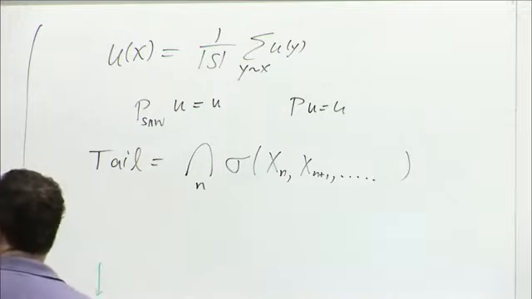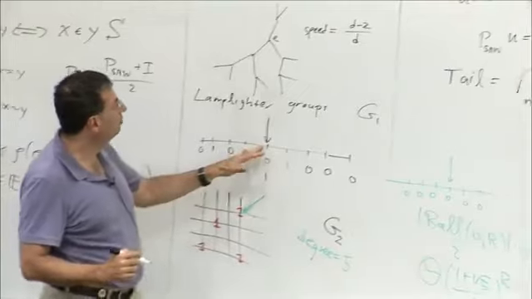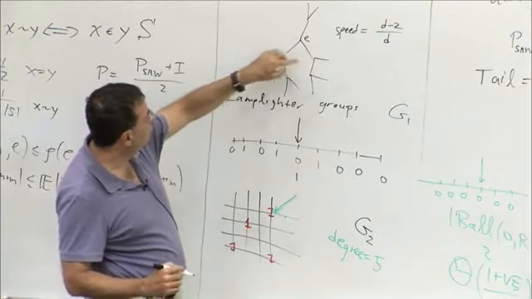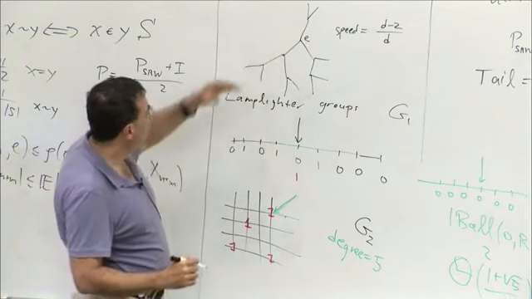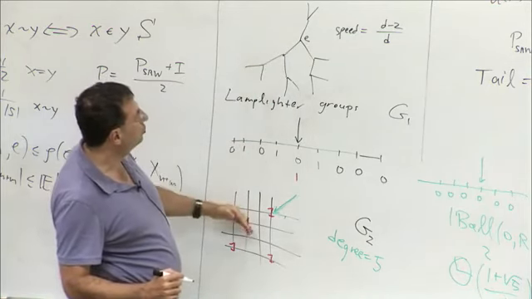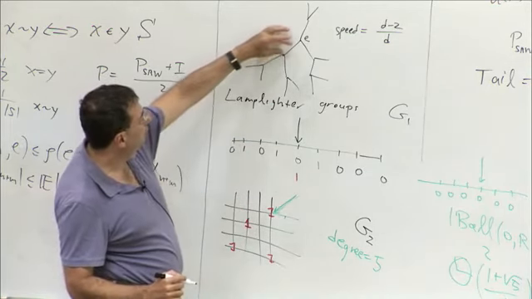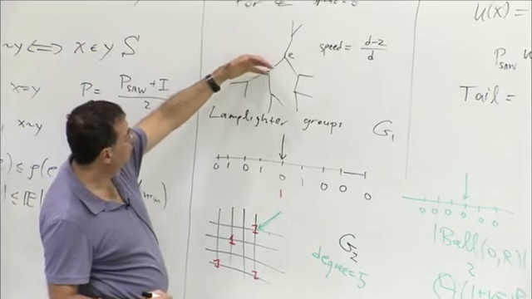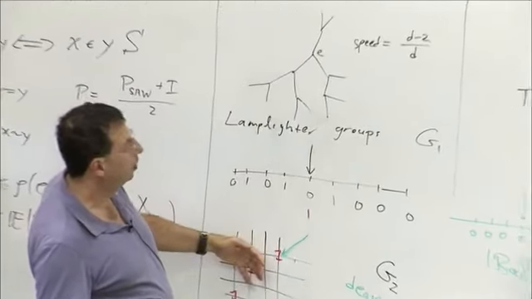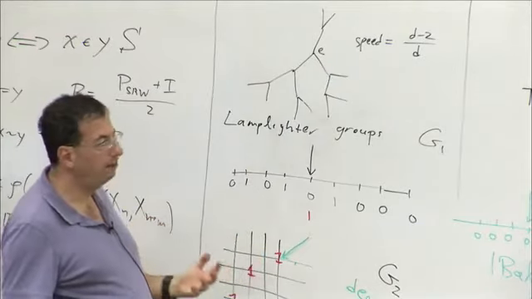On the tree, we have natural tail events. The random walk on the tree is going to be transient, so it will go off to infinity. And we can ask, does it go off in this part of the tree? That is, this edge determines a partition of the tree. And we can ask, does the random walk go to infinity on this part of the tree? And that's a function.